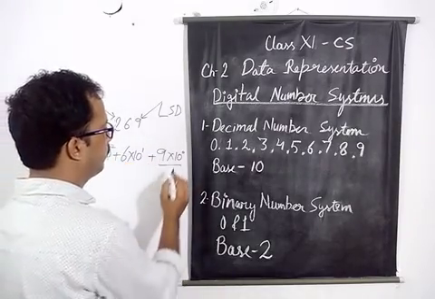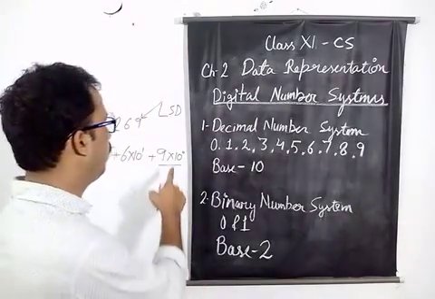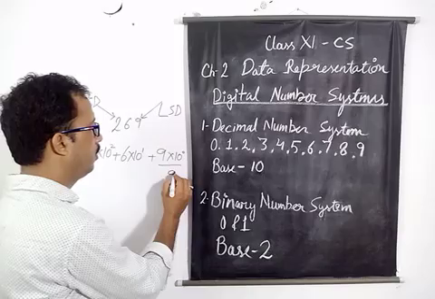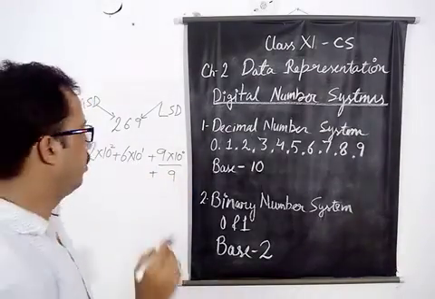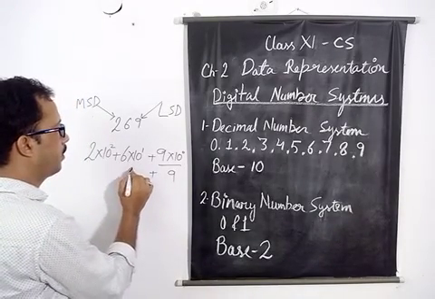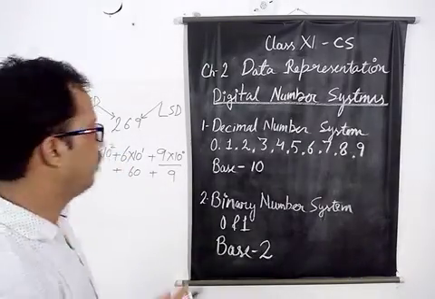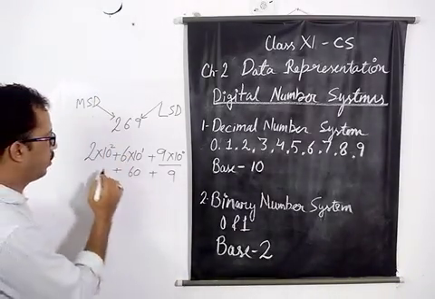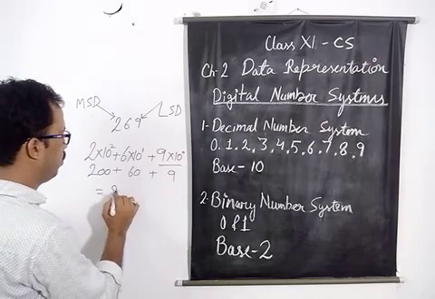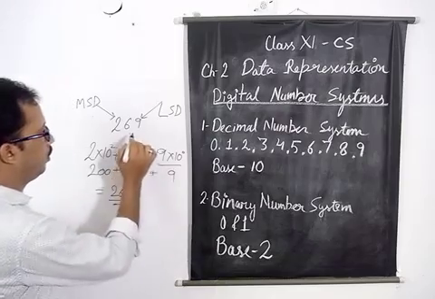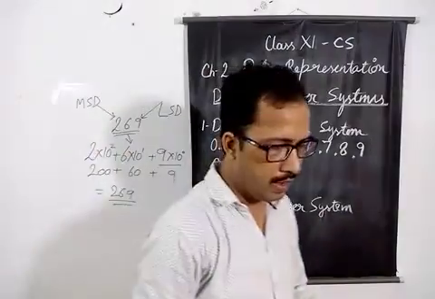So it will give 10 raised to the power 0. 10 raised to the power 0 means 1. So 1 into 9 is 9, plus 10 raised to the power 1 means 10. So 10 into 6 is 60, plus 10 raised to the power 2 means 100. So 2 into 100 is equal to 200. So 269. The number is expanded into the base form like this. So this is the decimal number system,